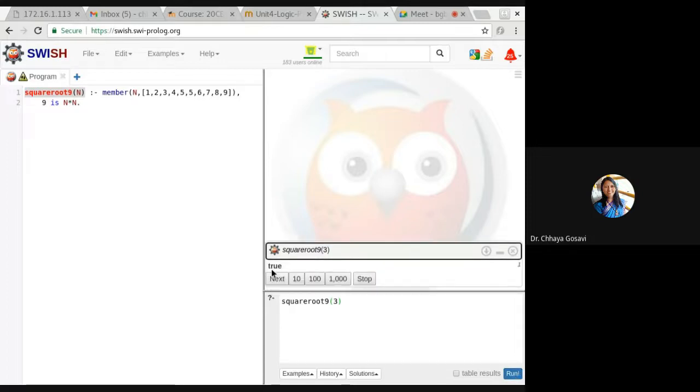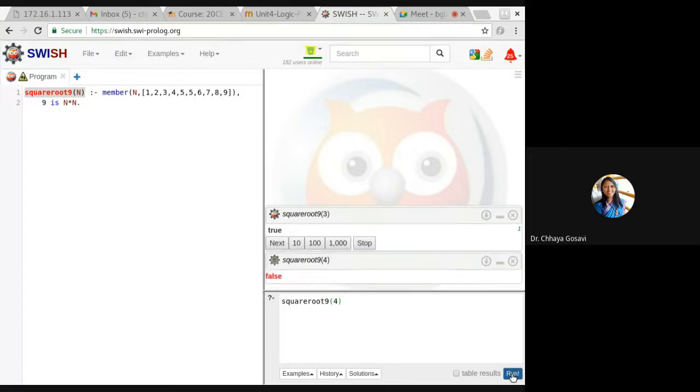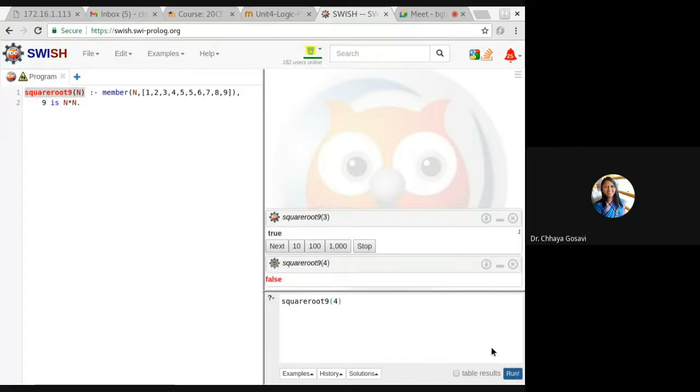It's returning true. Yes, 3 is the square root of 9, because 3 is a member of this list and 3 into 3 is 9. If I check square root of 9, 4, it will return false.